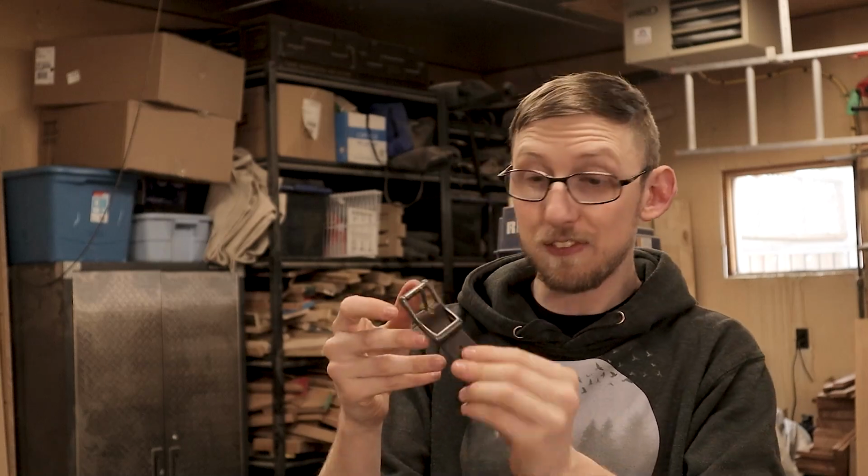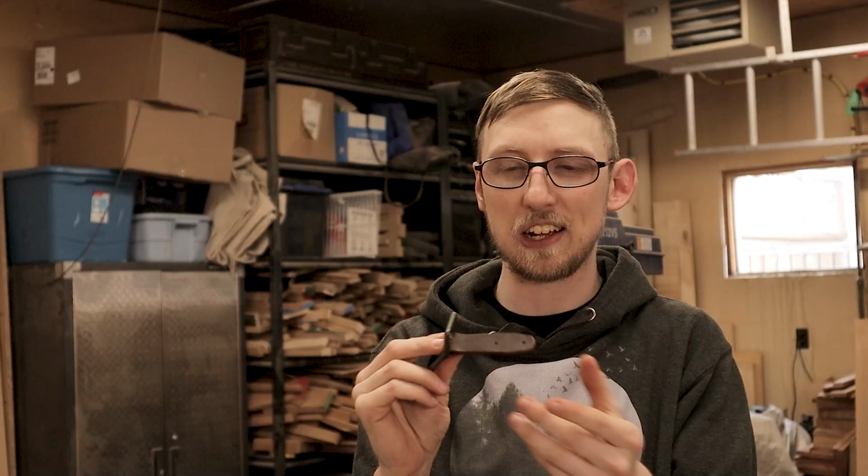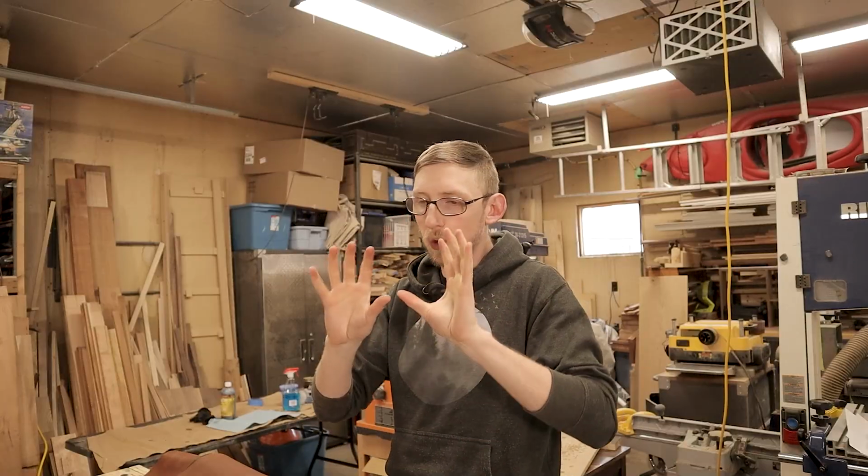Then once we've got all three of those panels connected together, we'll start installing our straps and the buckles and all that. I did forget to mention the buckles. I still have to go through and do some stitching on these just to reinforce them and for extra looks. So in this last segment of the video, the goal is going to be